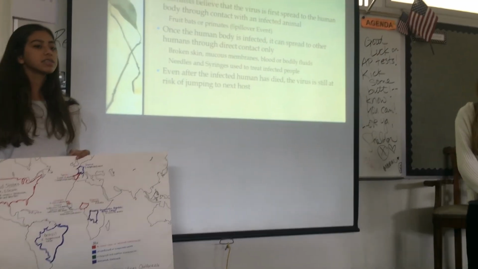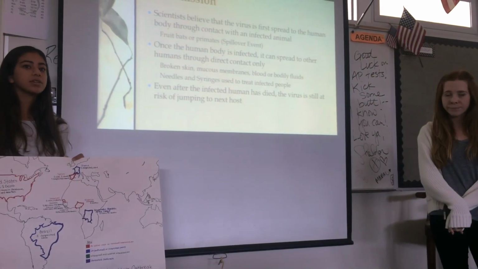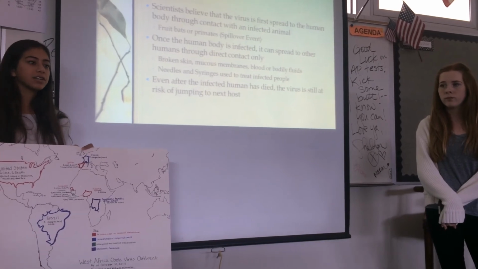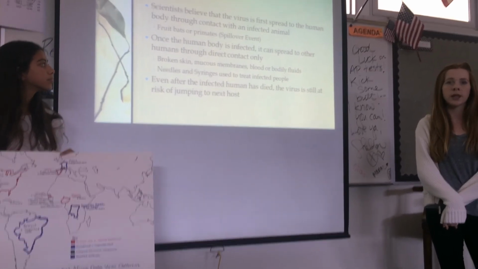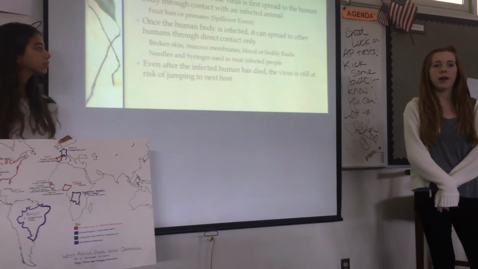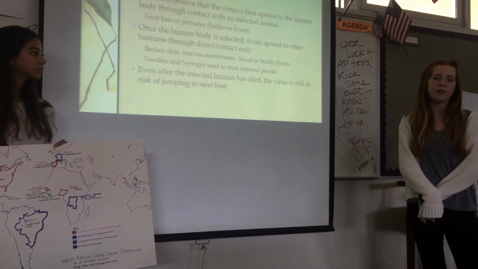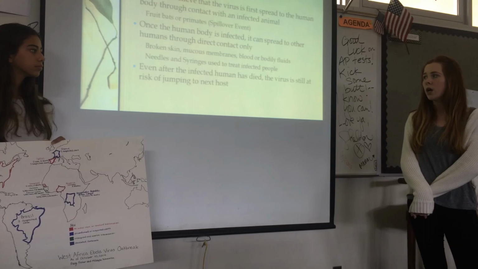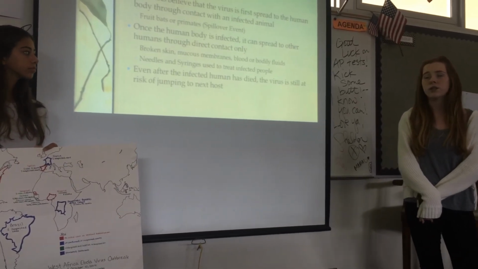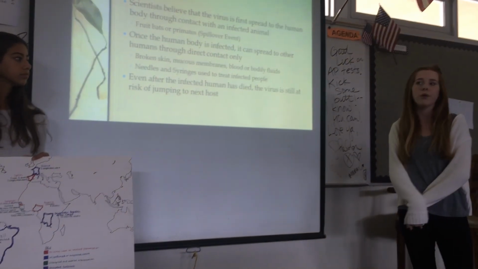The transmission, how it spreads, scientists think that it first got into contact with humans by infected animals, like that pregnant woman. She butchered a bush animal, and that's how the disease got to her. And then from her, it spread human-to-human contact through broken skin, so blood. In Africa, they lack strong health systems. So oftentimes, they're treating patients with Ebola using needles and syringes that hadn't been properly cleaned. And so if you use it on one person, then you don't properly clean it, and